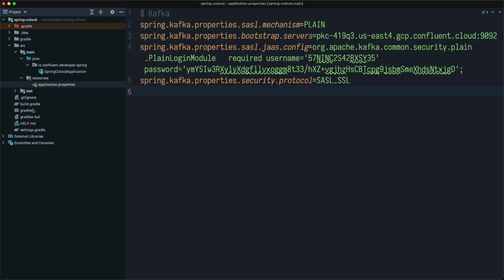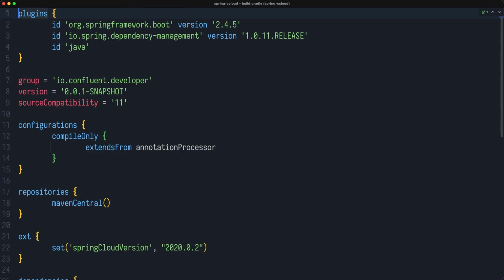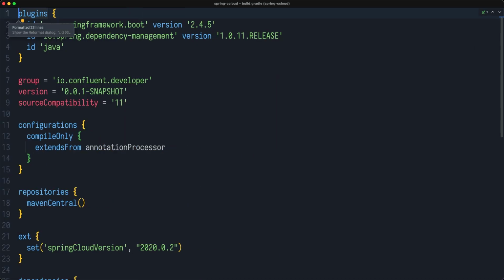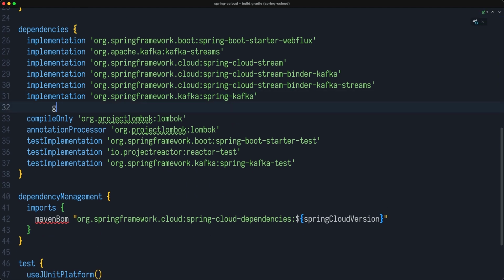Speaking about dependencies, in order to make this exercise a little bit more interesting, instead of just sending random hello world messages, I will be using a library called Java Faker that generates relatively realistic data. In our particular case, we're going to be using some predefined generators to send those messages to a Kafka topic. So I'm going into my dependency sections and I'm going here and saying